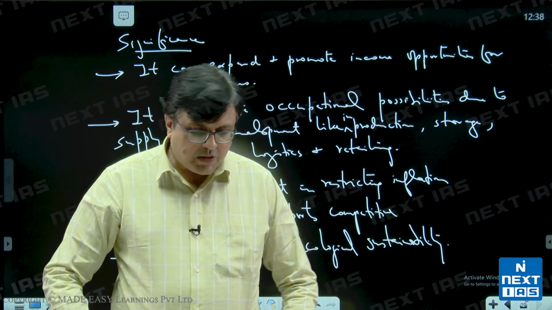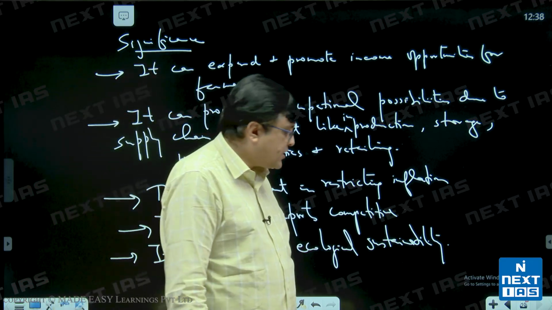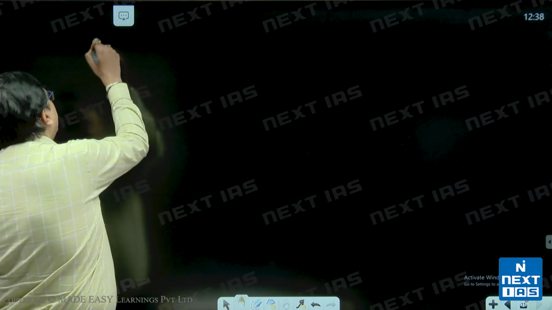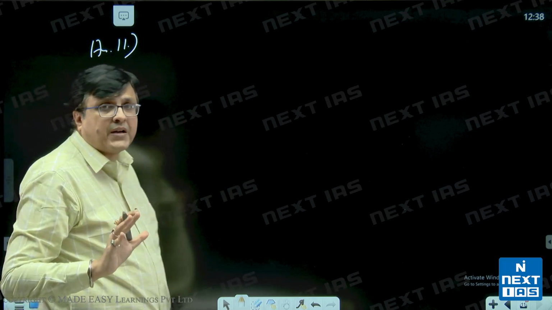Okay. The next question that economics asked you was question number 11, and it asked, explain how the fiscal health index can be used as a tool for assessing the fiscal performance of states in India. In what way would it encourage the states to adopt prudent and sustainable fiscal policies? Now, this was again a generally unexpected question, but in the economic survey we had covered the fiscal health index, its components and the condition of states. If you attended the economic survey class, you could have answered this easily. All right,